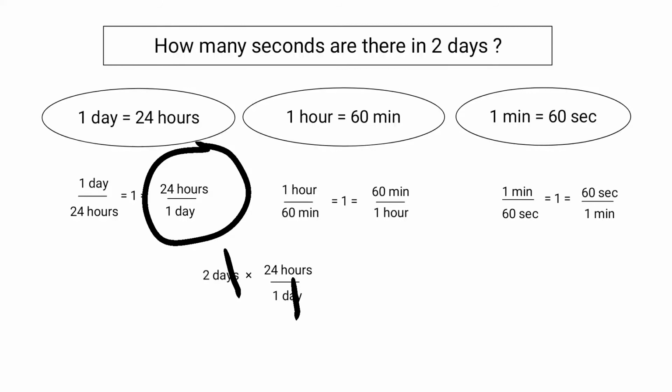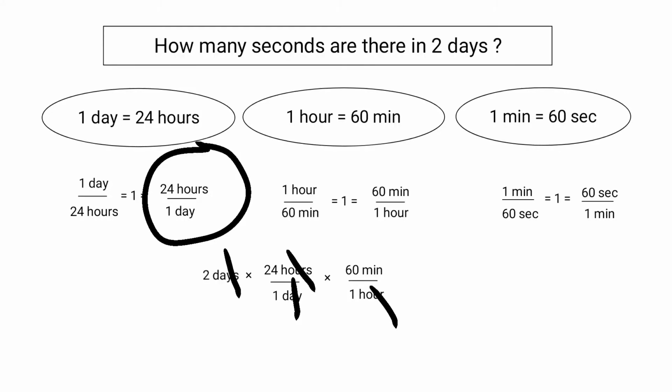Now once again, what is our aim? We want to convert this hour to second. So we want to cancel hour. In order to cancel hour, we use one more unit factor which possesses hour in the denominator. Which unit factor are we going to select? We are going to select the fourth unit factor because it possesses hour in the denominator. So let us now multiply by 60 minutes divided by 1 hour. What happens over here? Hour and hour get cancelled. So we are left only with minutes.